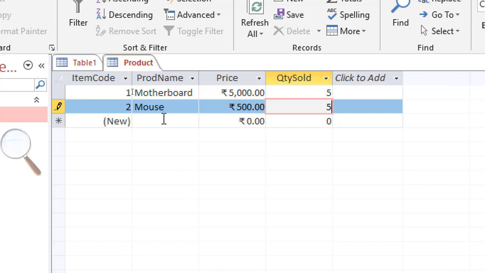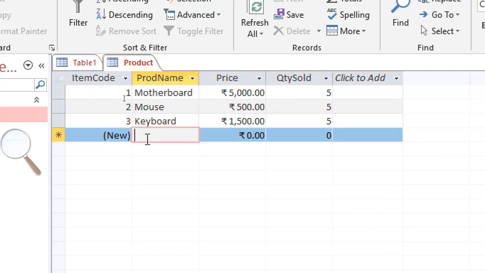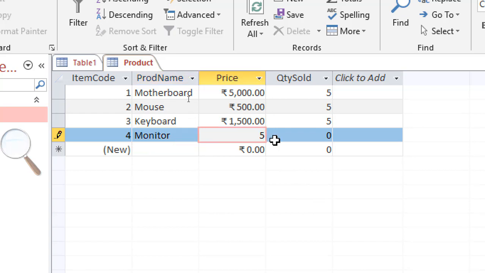Then let's say you are purchasing a keyboard. That is a mechanical keyboard. So mechanical keyboards are generally costly. They may cost you around 1000 to 2000 rupees. So I am writing here 1500 for now. Suppose we have to buy 5 such keyboards. Then let's say next thing is monitor. Fine, that is a LCD monitor or LED monitor. So right now these monitors are quite cheap. So you can get one for just 5,000 rupees, but screen size will be very small.